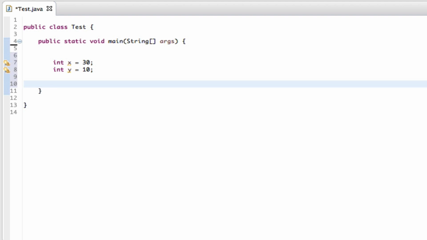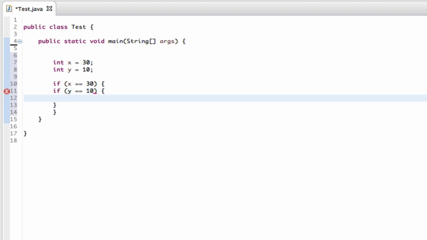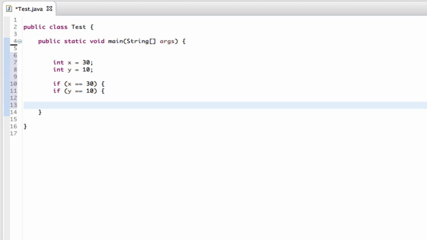And now we can say if x is equal to 30, curly braces, and then if y equals to 10, curly braces there as well, remove that,